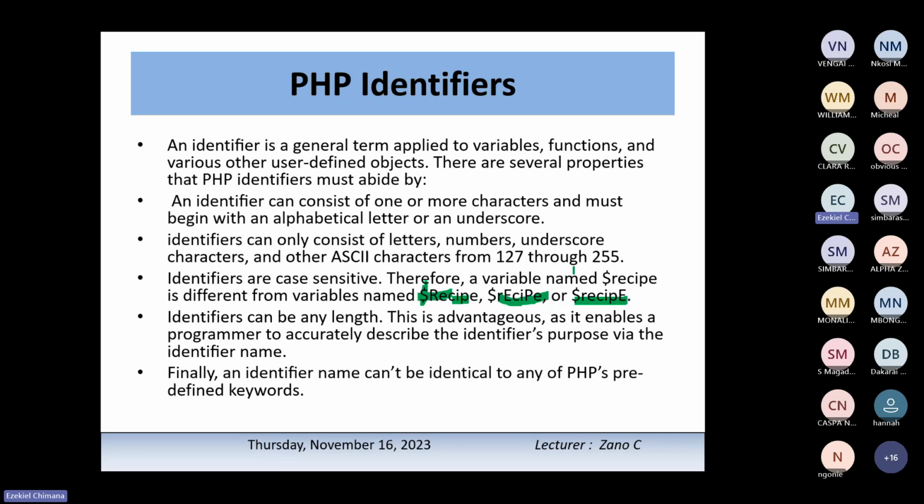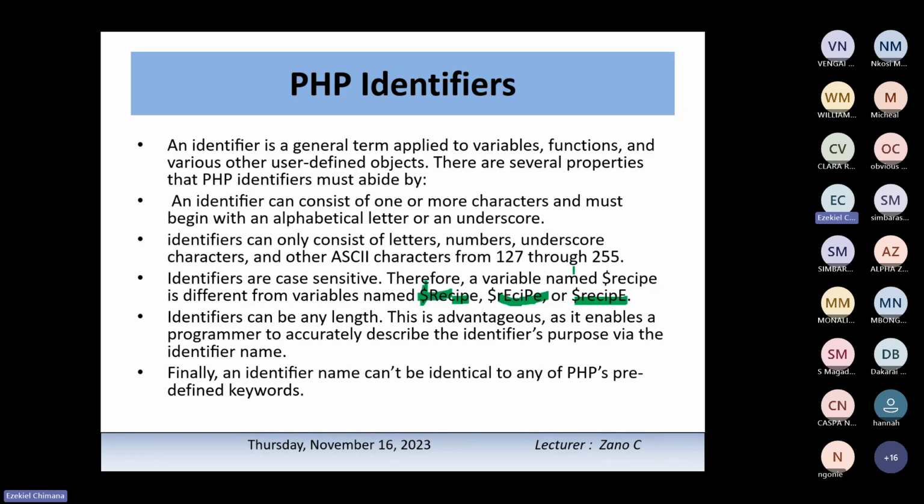An identifier is a general term applied to variables, functions, and various other user-defined objects. Whenever you want to give a name to a function, you are using an identifier. It is a way to uniquely identify a function or a variable, or we call it a token. Any identifier can consist of one or more characters and it must begin with an alphabet letter